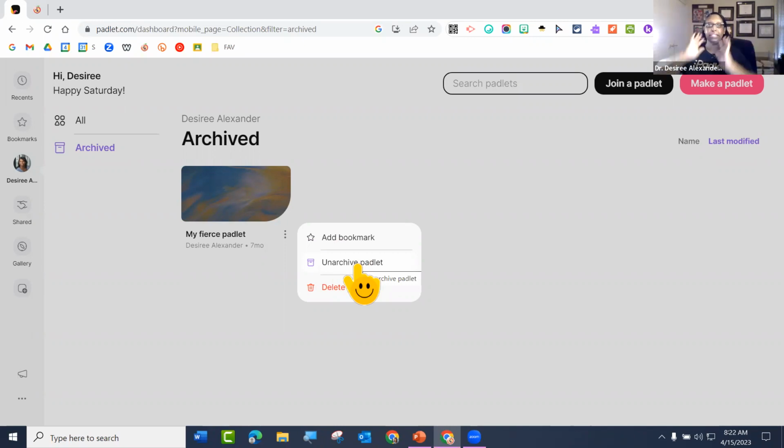Okay, so that is a big benefit for the free account, where you don't have to delete stuff and you can always get back to it. So if I'm doing Hamlet and fractions, and I have a parent portal, I can make those current. And then when I'm done with fractions, go ahead and archive it. I can use it again next year. So you can always come and unarchive your Padlets. And of course, you can come delete them too.